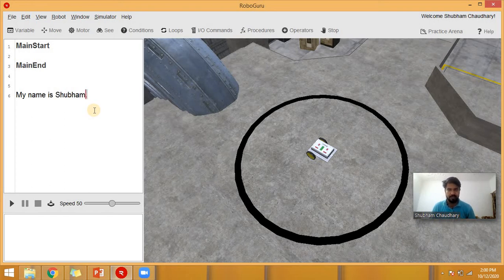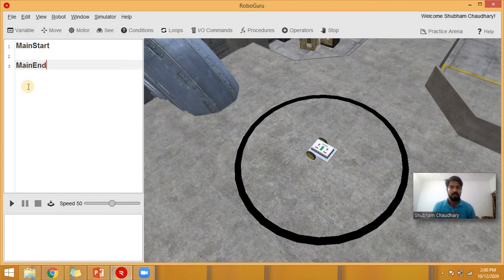So I have followed all the rules of the English language. That's why you are able to understand. Similarly, if we talk about the RoboGuru language, it's important that you follow all the rules of robotics, all the rules of RoboGuru. Otherwise, RoboGuru will not understand what you are trying to say.